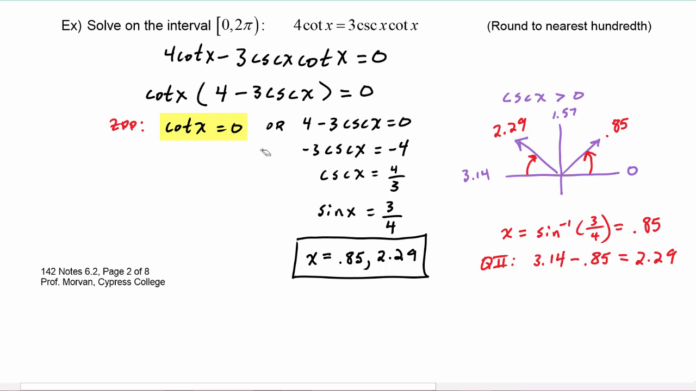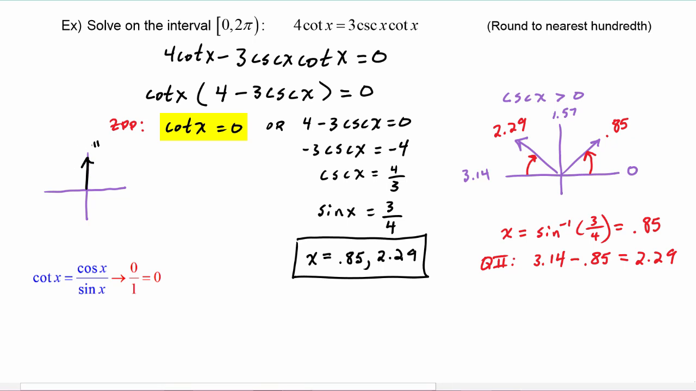We still have to solve this part of the equation over here. We can draw a picture. We know that cotangent of x would be 0 whenever the cosine is 0. Cotangent is cosine over sine, or x over y, and I mean x over y here, not this x. X over y here on the unit circle. So we know that cotangent will be 0